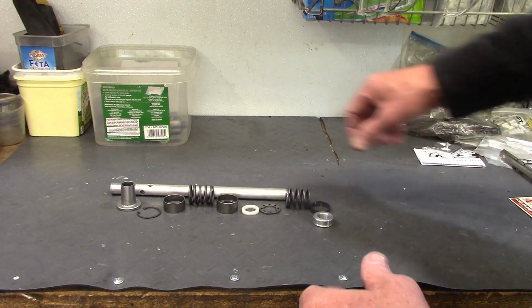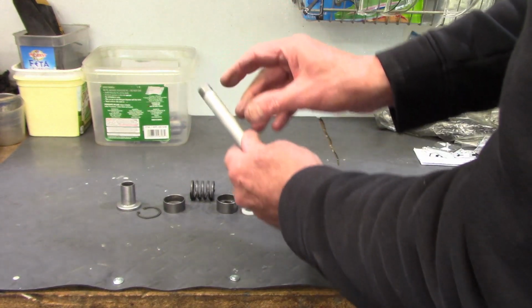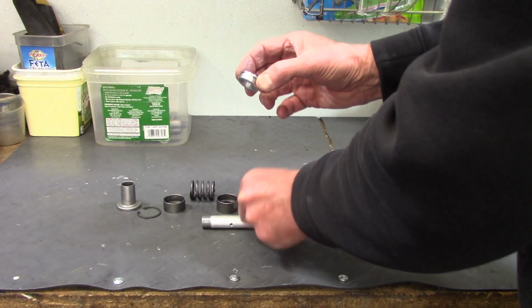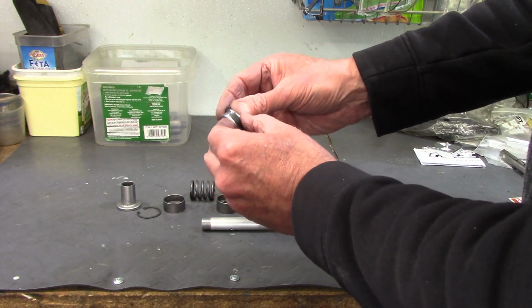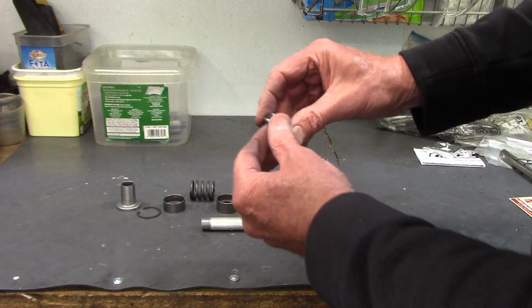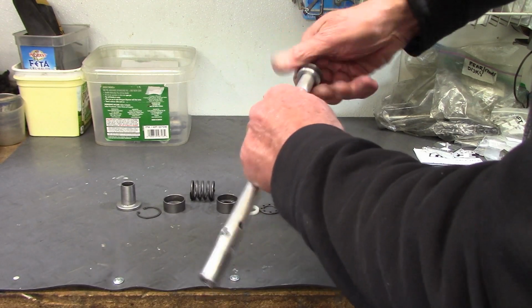So this is the fork damper rod assembly, and this is the damper rod that I drilled the extra holes in, and it's threaded at the top for this sleeve. Now the sleeve has a groove to hold the plastic oil seal. I bought a new one of those, and it just snaps in like that with the little feet lining up. And then you screw it on the top end of the damper rod. And then